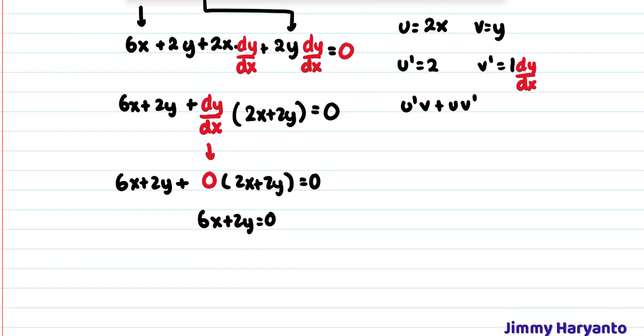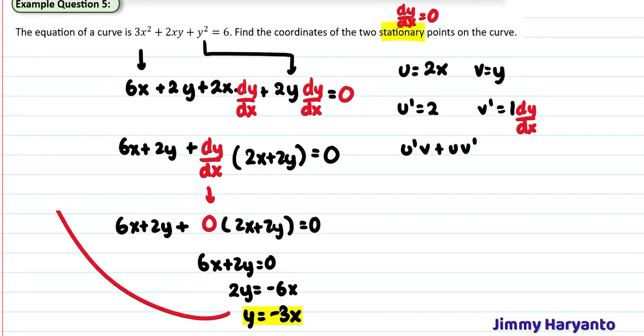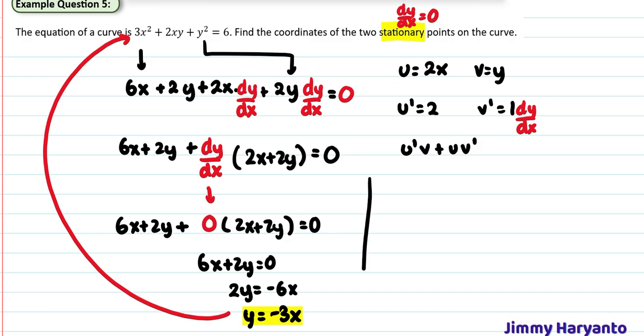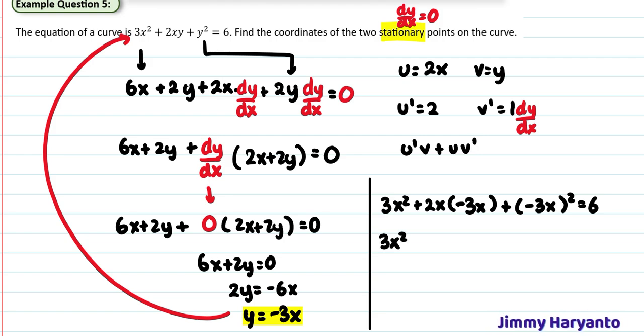Let's find the value of the y. 2y equals negative 6x. That means y equals negative 3x. Okay, so this is the value of the y. We have to find the stationary points, right? That means we have to input it into the equation. This will take a long time, guys. So 3x squared plus 2x times y, which is negative 3x, and then plus y squared, which is negative 3x all squared, equals 6. Next is 3x squared minus 6x squared plus 9x squared equals 6, and then 12x squared minus 6x minus 6